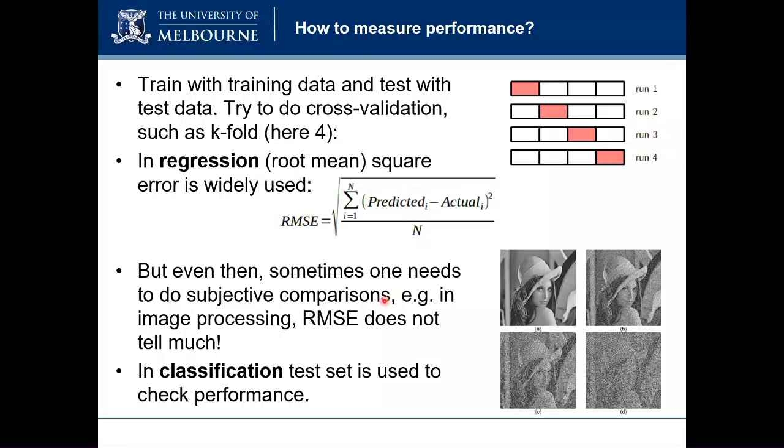It's subjective. So you may have a very good RMSE score, but your algorithm may mess up the image in a very bad way. You see, RMSE doesn't tell you the whole story. So people have been using, just like the MNIST dataset being now the benchmark, the Lena image for forever in image processing